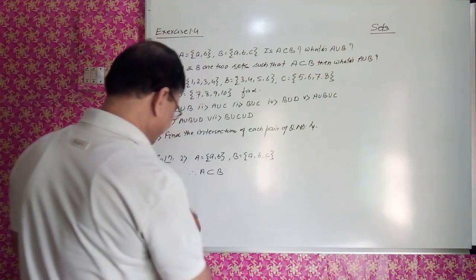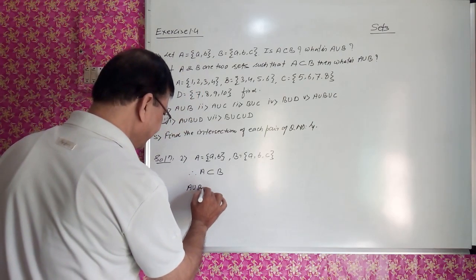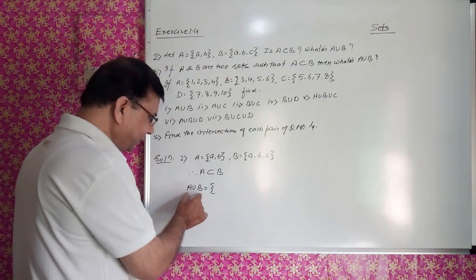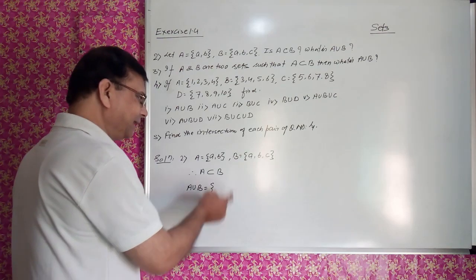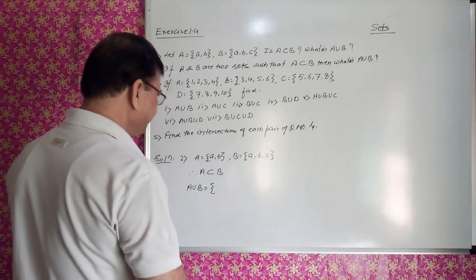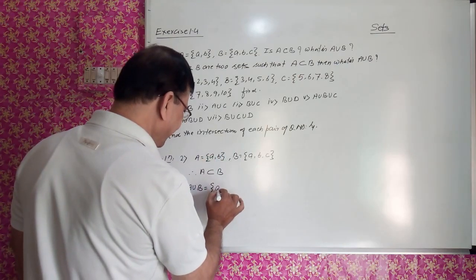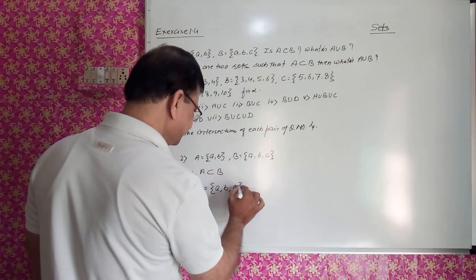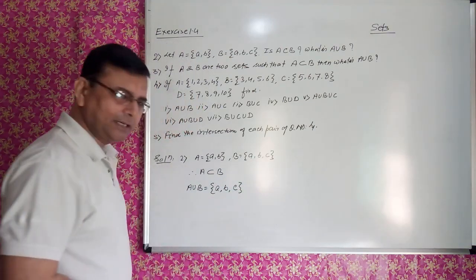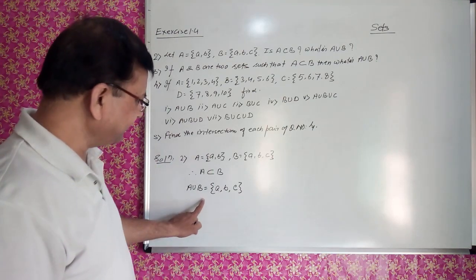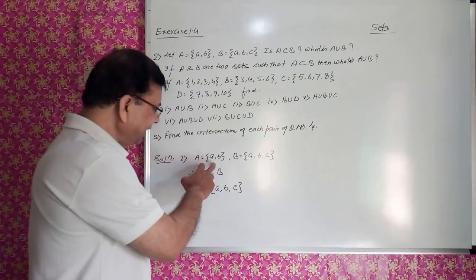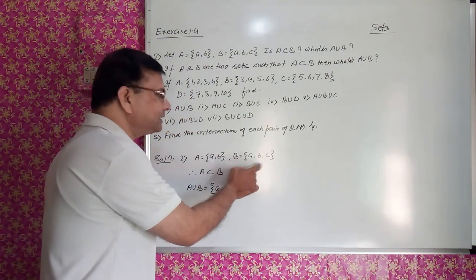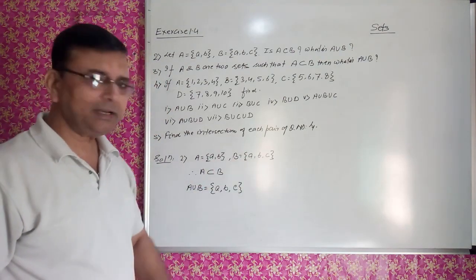What is A union B? So A union B is a set. What kind of set is this? The elements of A union B are either in A or in B. So see, a is in both, so I will write a. Then b is in both, I will write b. One element c is left, so that is a, b, c. So what do we conclude out of this result? That if A is the subset of B, then A union B will be equal to the set B. a, b, c is the set B only, isn't it?